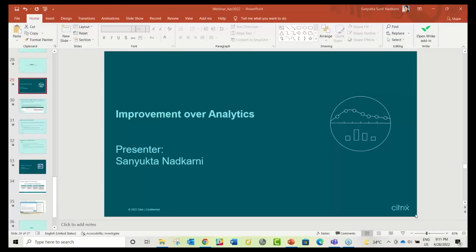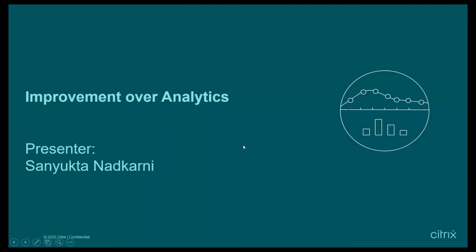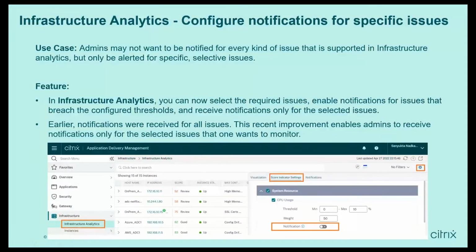Hey everyone, I'm Sayukta, and now I'll be taking you through some of the improvements which we've done in the analytics section of ADM. The first improvement which I want to take you through is on infrastructure analytics. We've now given the option to configure